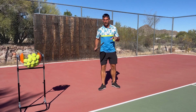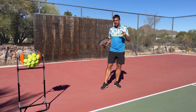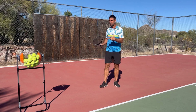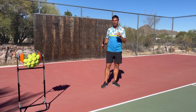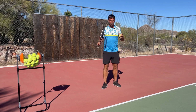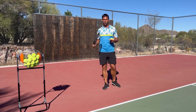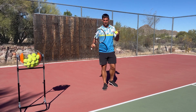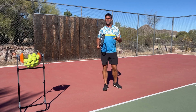But most lower level players do not have the body awareness to make that sort of thing happen. So in that instance, it's going to be much better to use video to get feedback so you can analyze what's going on. Same thing for anything else that requires a high degree of precision and awareness. If you don't have good body awareness, video feedback becomes more and more important, because it is very common for players to completely miss things that they're either doing well or doing correctly until they see themselves back on